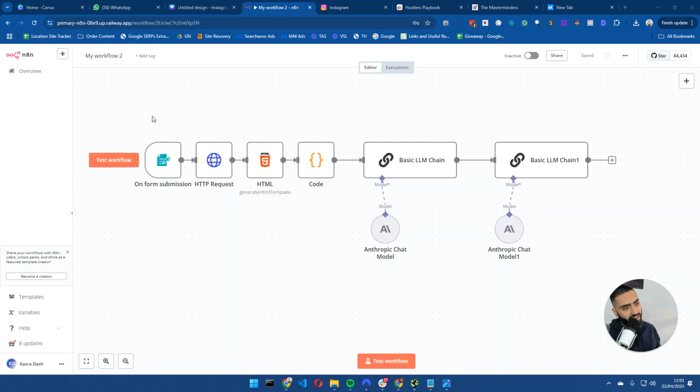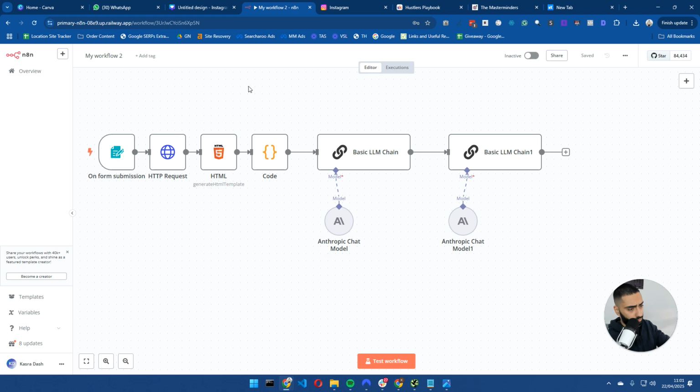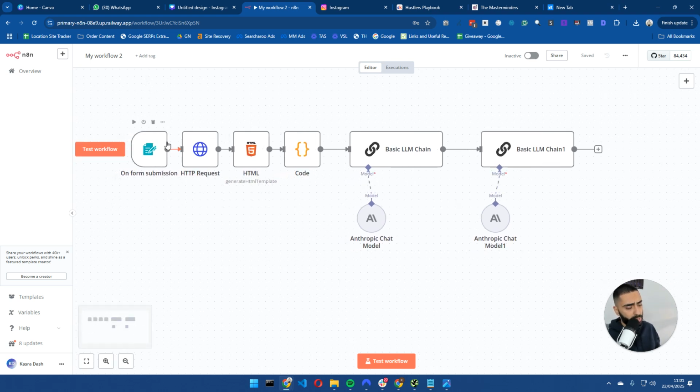So then we have got AI agents, and this is a little bit more advanced than everything else I was showing you guys, but with AI agents, you're basically able to speak to multiple LLMs, and you can automate a lot of different tasks. So for example, this specific workflow is actually in my school group, so if you do want it, you can access it there. But as you can see here, you get a URL of a website or a web page. It goes to that web page, it requests the HTML, it gets the code back or the subheadings, and it then creates a SEO optimized